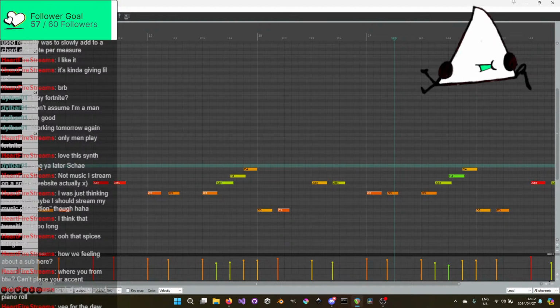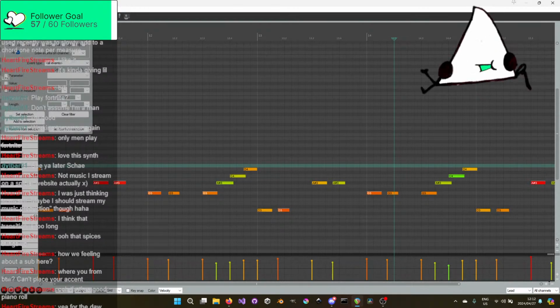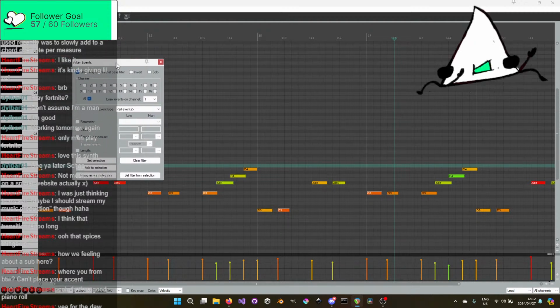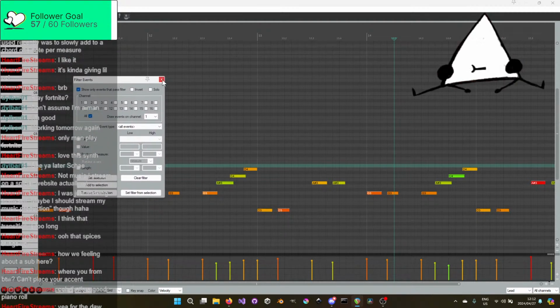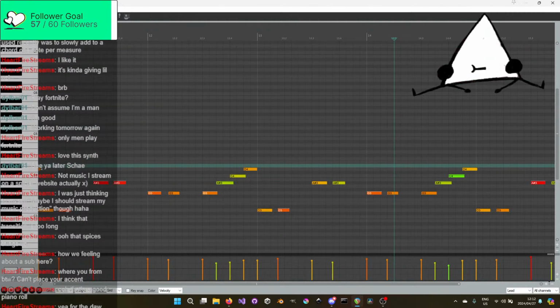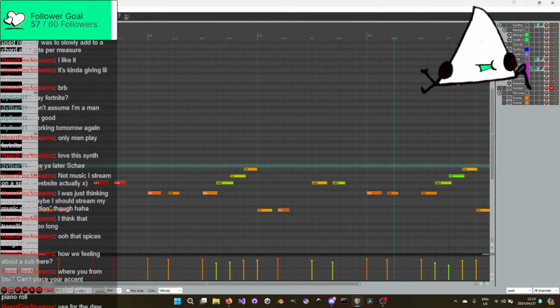Funky. I didn't know these. Oh, you can even change the shape of the notes. Oh, that's real customizable. This is great. You can filter it. What? This is cool. Thank you for pointing out the things they're already doing. Oh my god, you can have them all visible there.